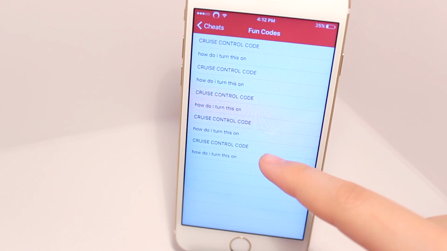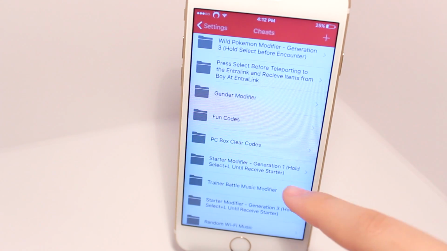A lot of these features are things many users have been asking for, and I hope that you all will